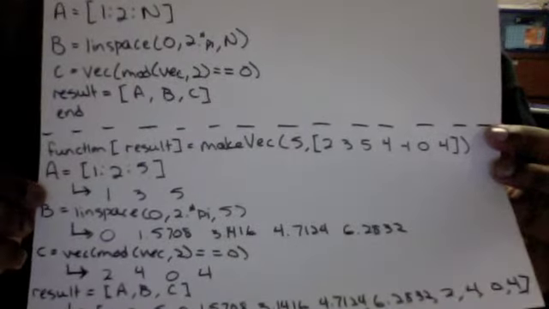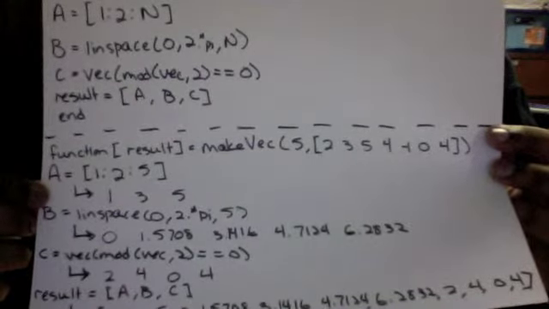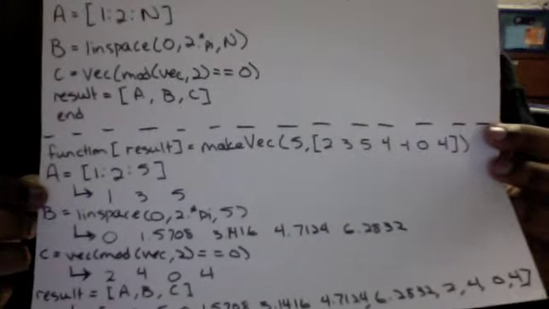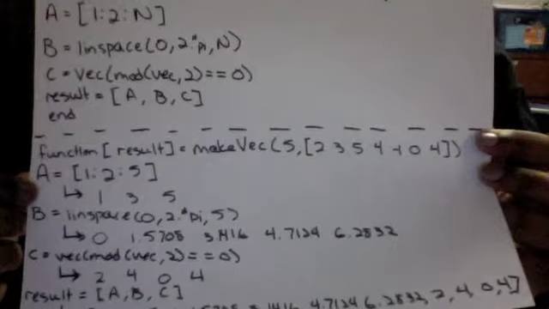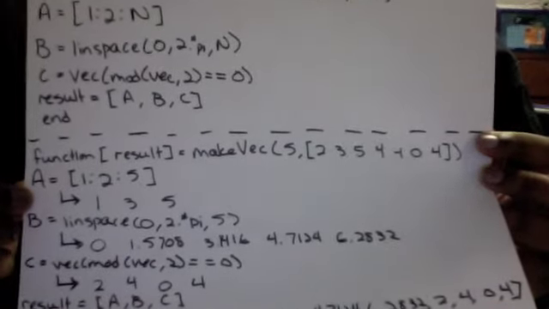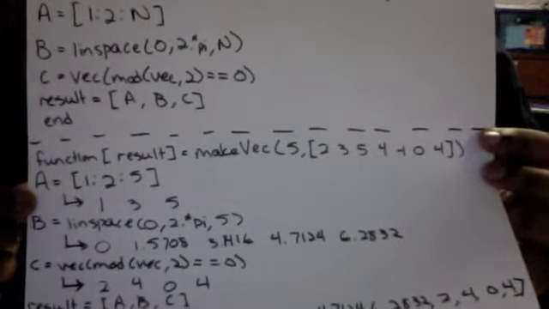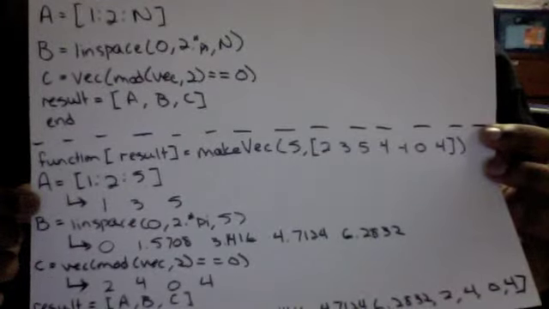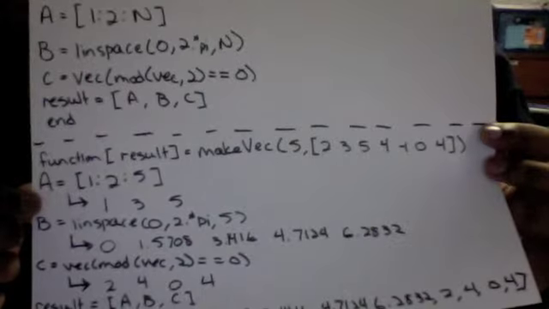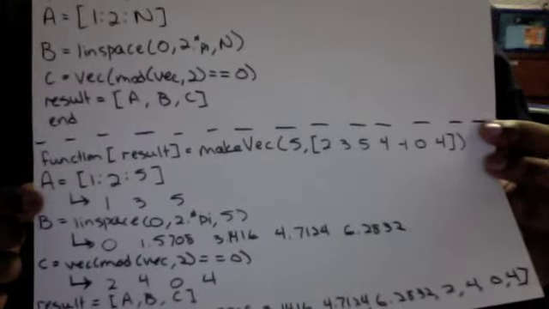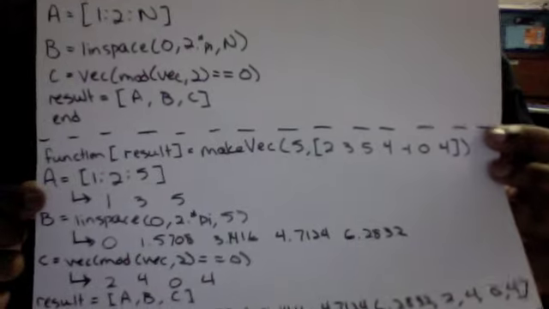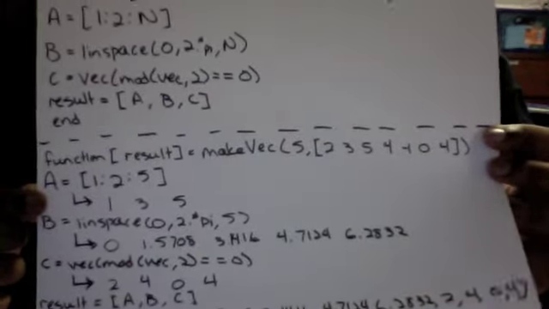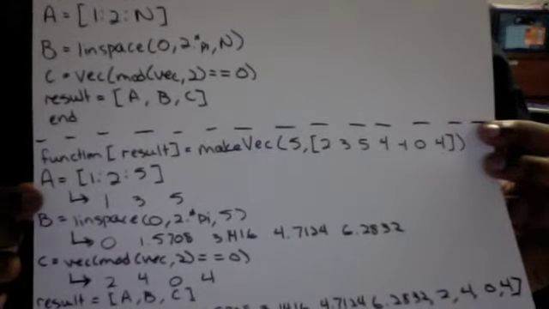we would first go with a, so a equals 1 to n in steps of 2, so n is 5, so you're going to get the vector 1, 3, 5. To get vector b, we would use linspace, and we would go from 0 to 2 pi with 5 numbers evenly spaced out. So you'd be given these decimals, which is 5 uniformly spaced numbers between 0 and 2 times pi. And for c, we would use the